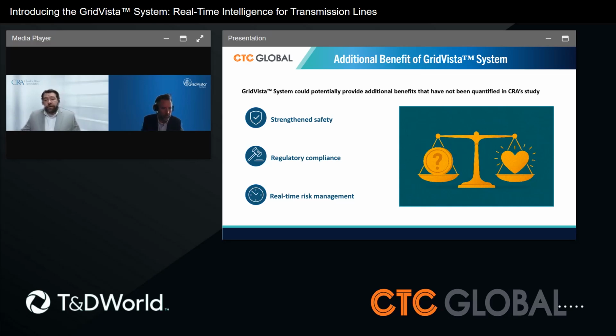Enhanced situational awareness in the real-time control room environment and in asset management can lead to a wider system view across the utility, providing additional information that can reduce overall organizational risk, whether that's identifying pre-emergent conditions, preventing an outage, or identifying equipment that needs to be repaired or replaced due to things like lightning strikes, corona discharge.